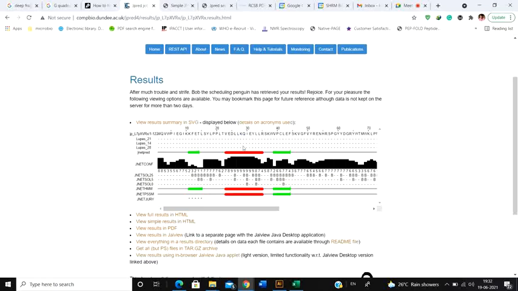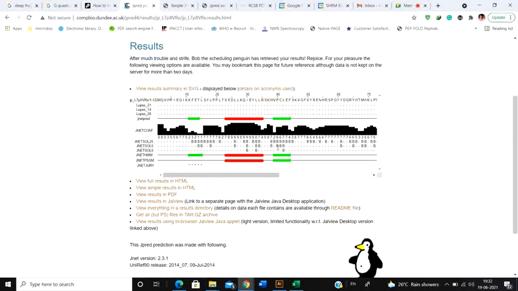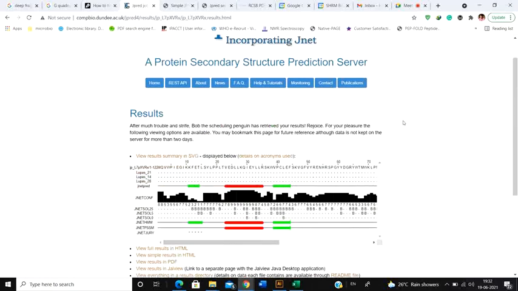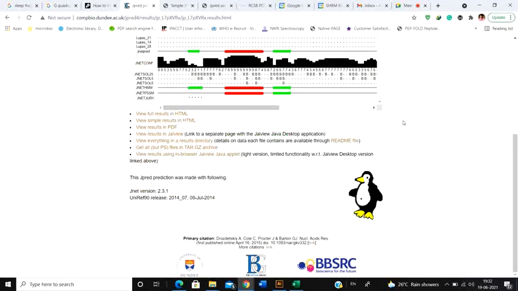And you can also download this result, and suppose you are performing homology modeling and you need to quantify whether your molecule, as part of the model that you have developed, can form a helix or not, and you need some concluding remarks, and obviously you need to show the data, right, that this is a part of a helix and how you have calculated it. So you can download the result in PDF. Simply click it and it's going to get downloaded from the website, and you can present that particular PDF in your thesis or something like that.